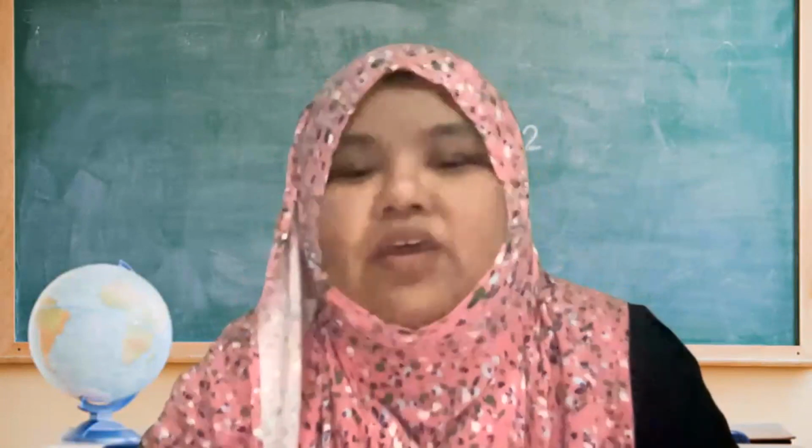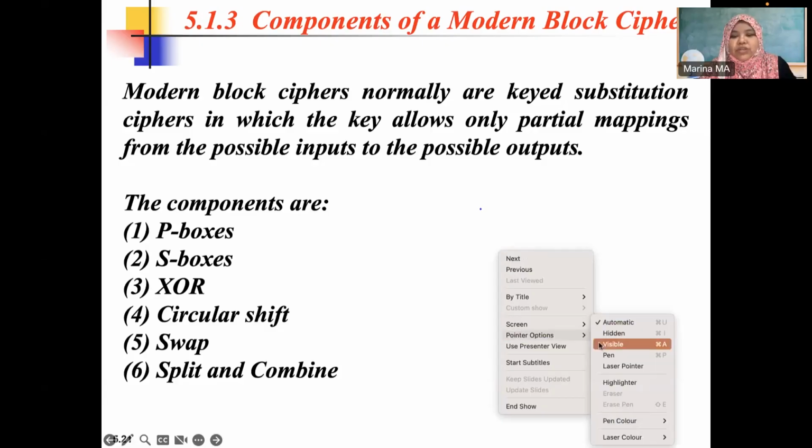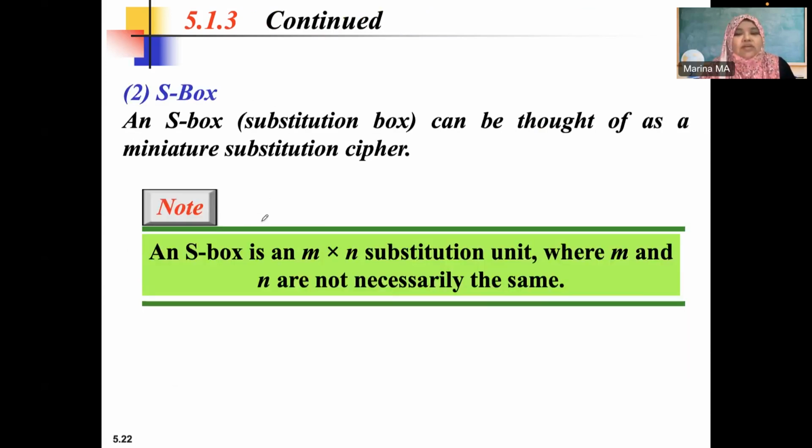Where are we here? Okay, so there are 6 components, and we have finished the P-box. So let's look at the second component, the S-box. S comes from substitution. So a substitution box can be thought of as a